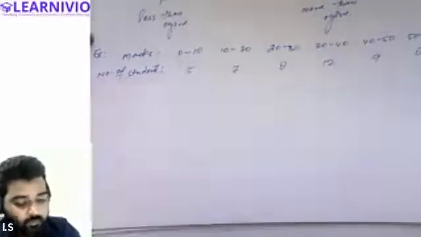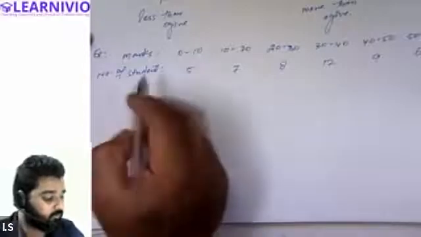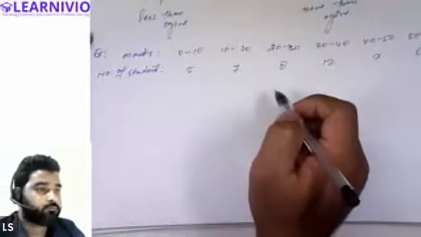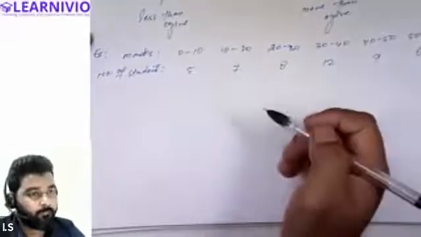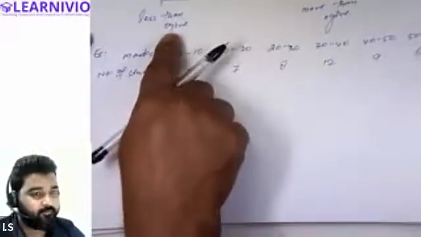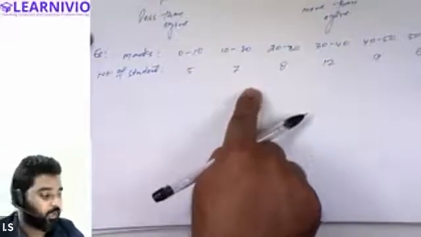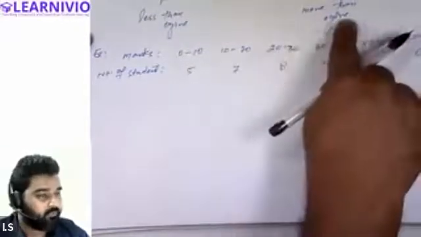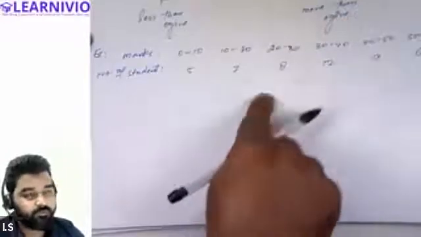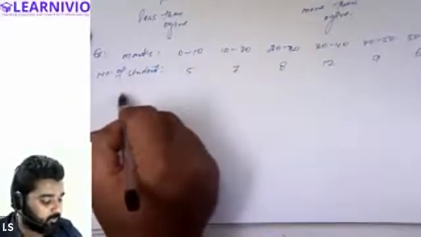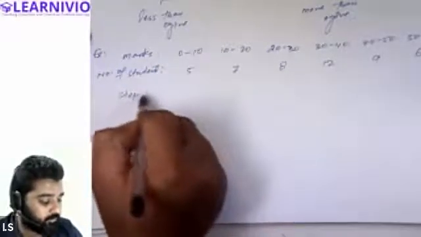convert the exclusive class interval into the less than cumulative series. In order to prepare the less than ogive, we need to convert this series into the less than cumulative frequency. And in order to prepare the more than ogive, we need to convert this exclusive series into the more than cumulative frequency. So we will first apply step number 1,